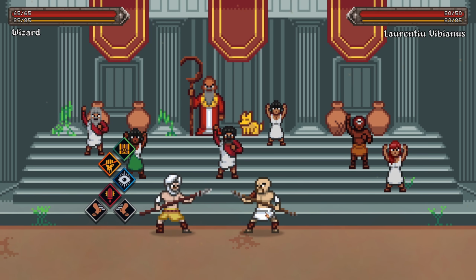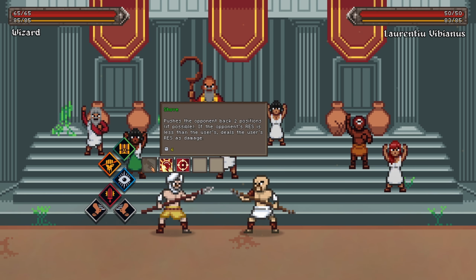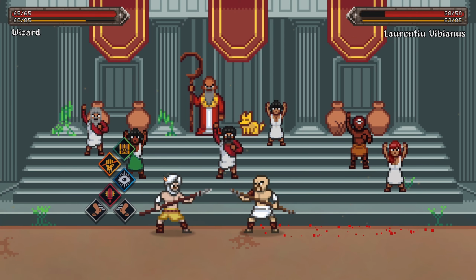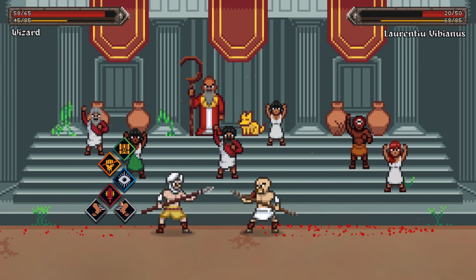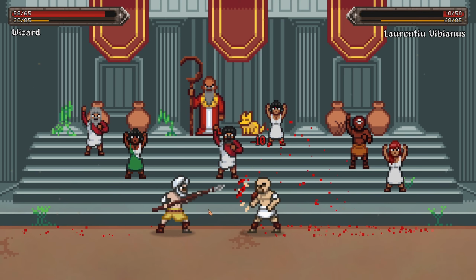And when we fight people like this, he's going to want to stay in our range as well. So you can see here, shove, if possible. If the opponent's resistance is less than the user's, deal the user's resistance as damage, which is pretty nice. So I'm going to hit there with the heavy jab. He's stunned. I'm going to hit him with the steady strike. Great damage. Thank you. Obviously I can't kick, I can't shove because he's in his range as well, but he's